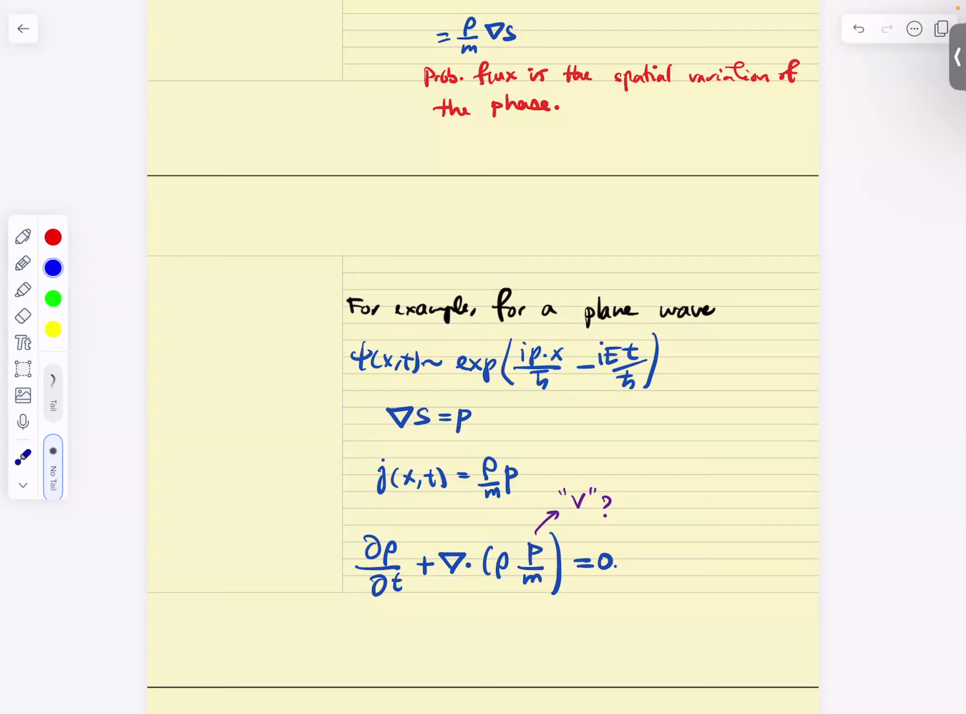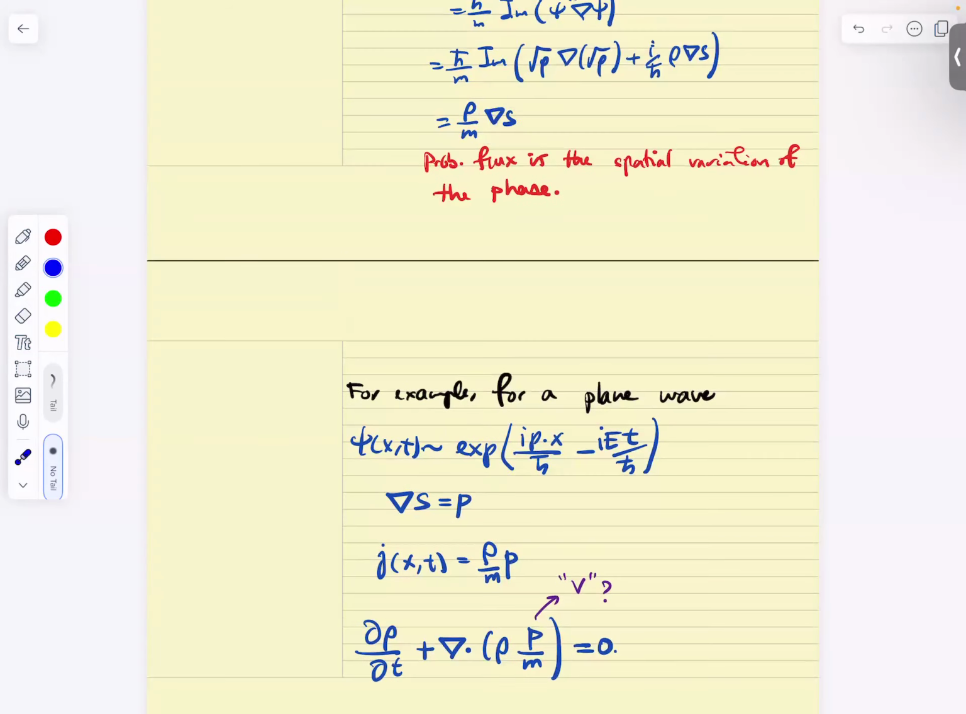Under time, it evolves by a phase. What is that phase? It's e to the minus i E t over h bar, and in this case, E is simply p squared over 2m. So that's the basis of this example. So it is a wave function. So in this simple example, you see that the